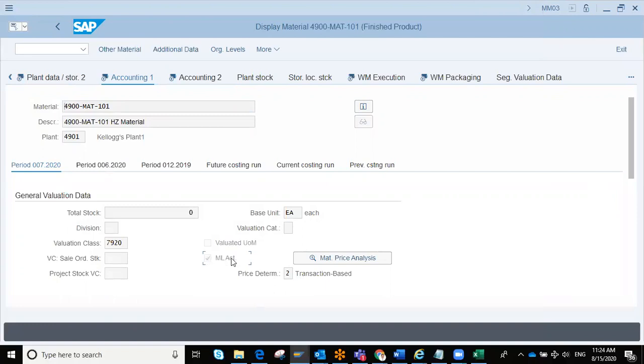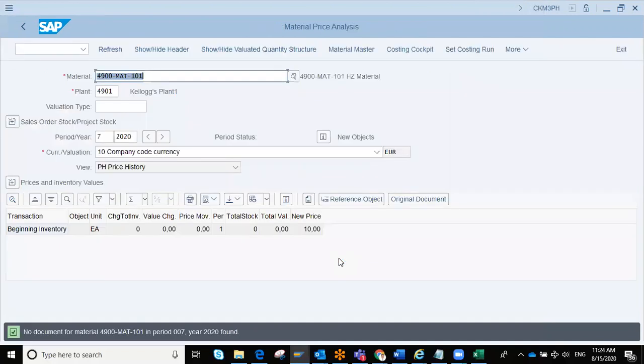And this tick mark will be followed by material price analysis for activation. So this price analysis should contain the specific setting for this period and the calculation specific norms at the different company code currency level. So multiple currency is based on the company code